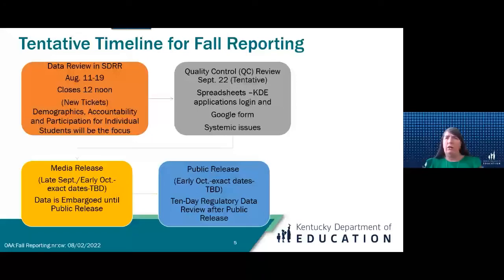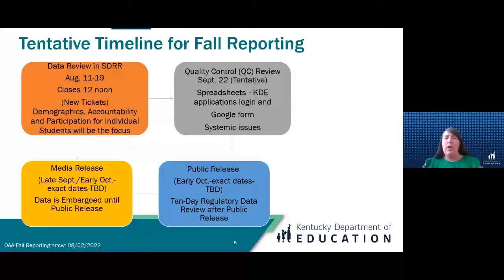For example, are you missing all your females? That is a big systemic issue. So once we get to QC day on September 22nd, it's not for individual student changes. That has to be done August 11th through the 19th, not on September 22nd.